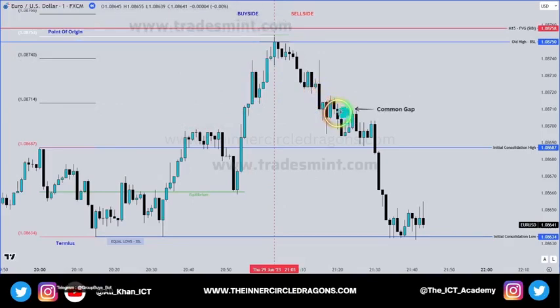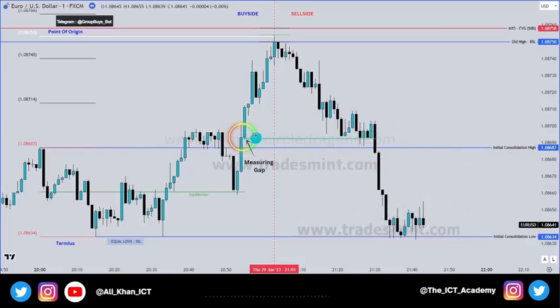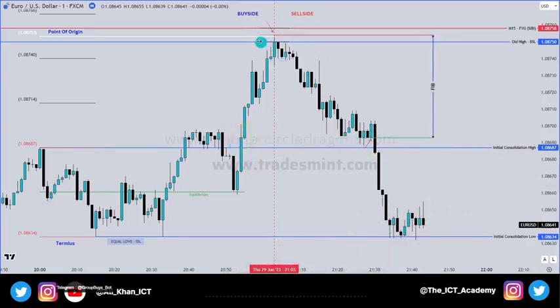We have a small common gap after the breakaway gap, which is completely filled here. And then below the common gap, we have a measuring gap, which has remained open. Notice how this measuring gap on the sell side of the curve overlaps with the measuring gap on the buy side of the curve. If we take a fib and anchor it from the range high to the measuring gap,